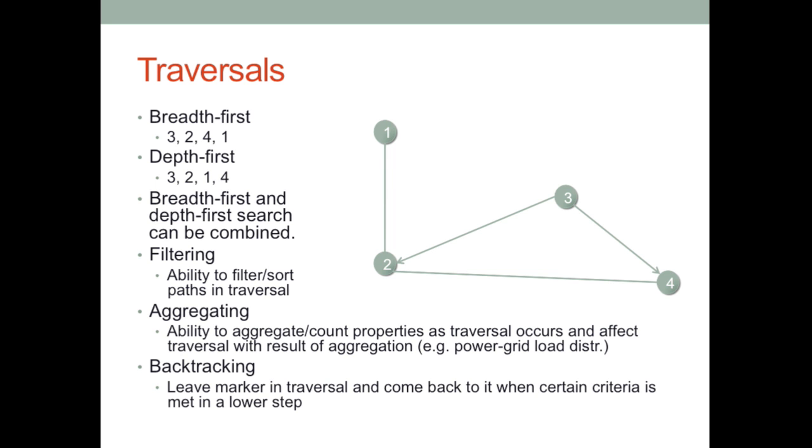An important part of graphs is traversals. Your typical computer science traversals, breadth first, depth first. And then a lot of query languages allow you to mix and match those. And then as you're traversing, you can do filters. You can be aggregating things as you're walking the graph. And then backtracking, which, in a very imprecise way to put it, for me, an intuitive way to understand it, is like as you're traversing, you're leaving little breadcrumbs for yourself to go pick up after you're done.